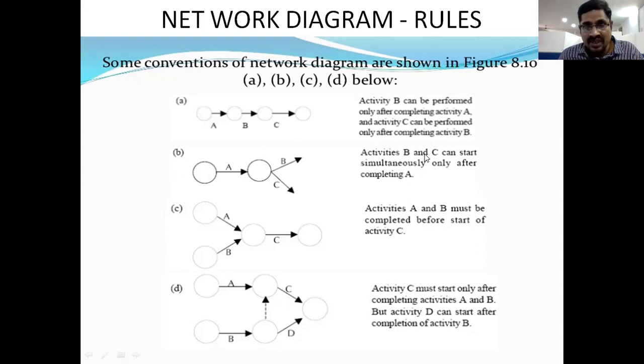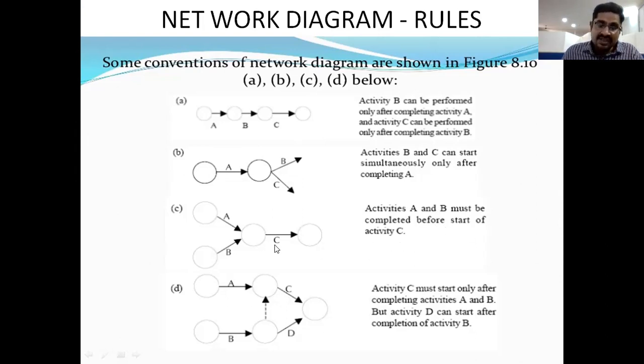So these two activities, B and C, started simultaneously after completion of A. This is the second type. Next, coming to the third thing: activities A and B must be completed before starting activity C.